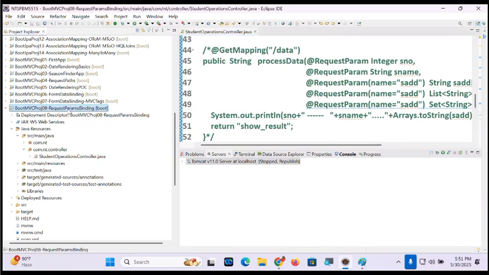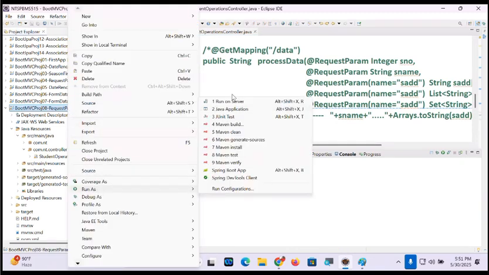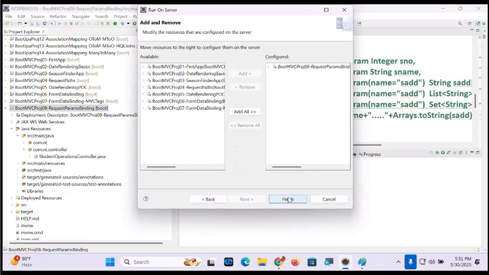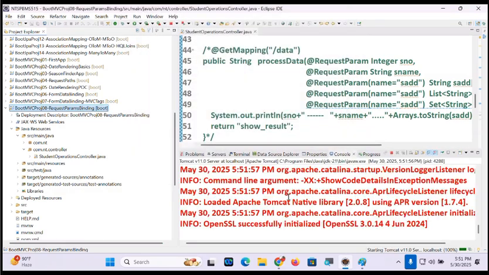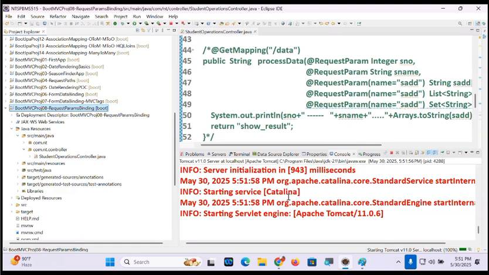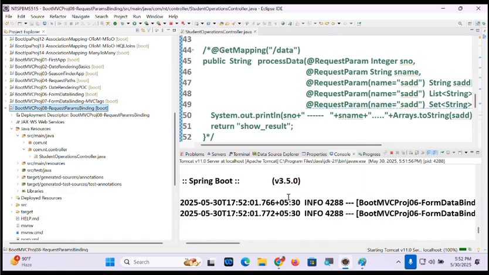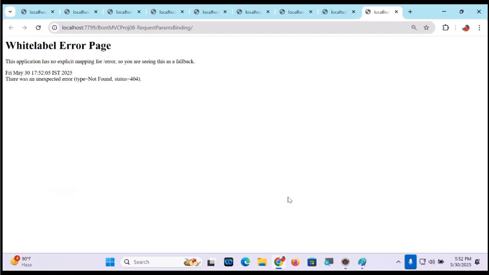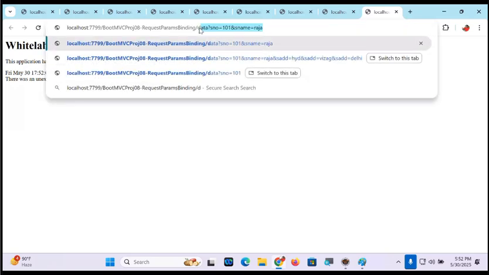Right click, run on server. Say next, say finish. Request param binding, guys. Where is this data?